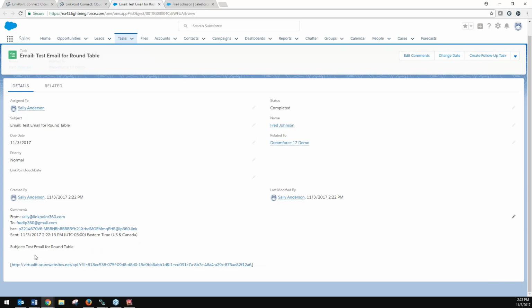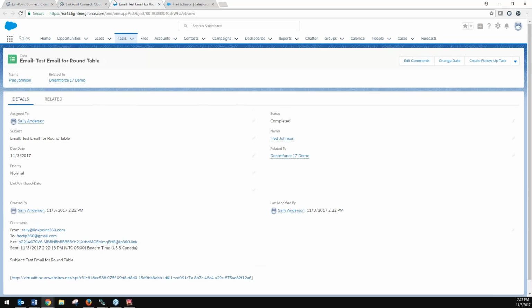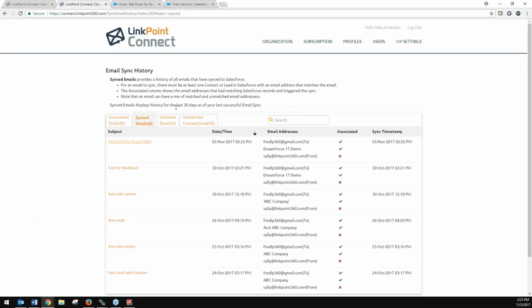Everything that we sent, if I had actually put content in the email, it would be here. If you didn't have a match or you had excluded this for some reason, because there's a lot of rules you can use to exclude, which we can get into with each of you as you start to test, we would just show you that. So that's the rest of these tabs. But sync history really shows you everything that's working, some of the things you decided not to send,